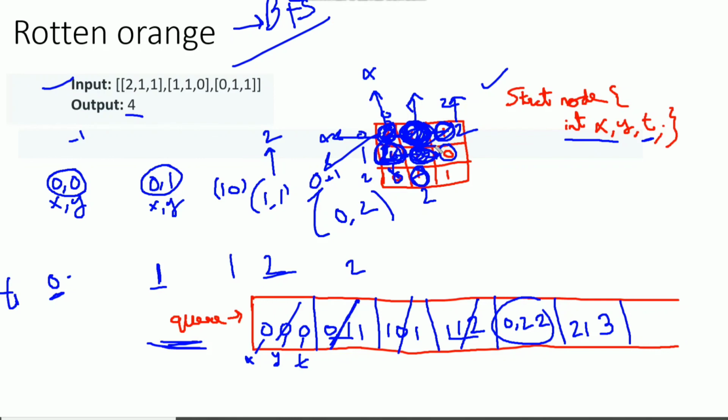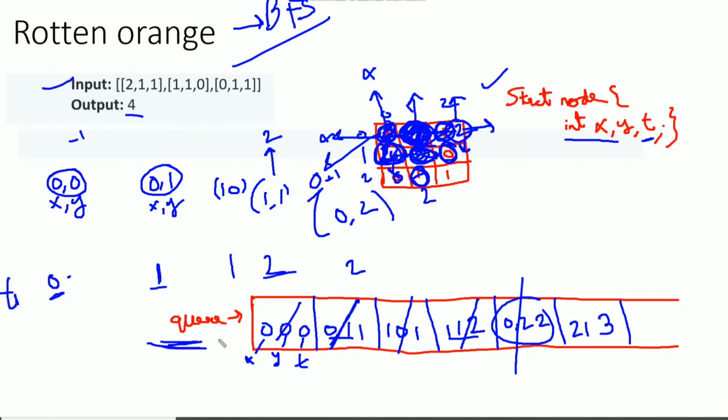We can't move left because it's already visited. We cannot move down because the value is 0. We cannot move right because it crosses the boundary of the matrix. So we have explored this 0 comma 2.